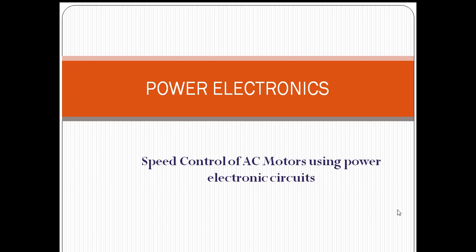To avoid that problem, we are going for AC drives. And coming to recent advances in power electronic devices, AC motors are fast becoming economical and efficient compared to DC motor drives. So in recent days, AC drives have also become more popular. That's why we are switching over to AC drives, as the supply is also available in the form of alternating current.